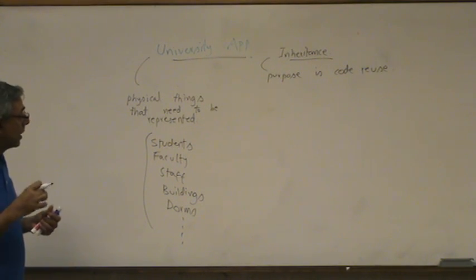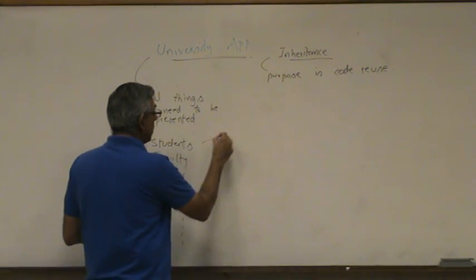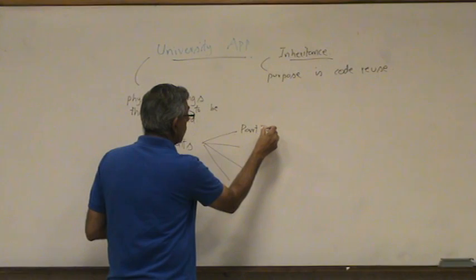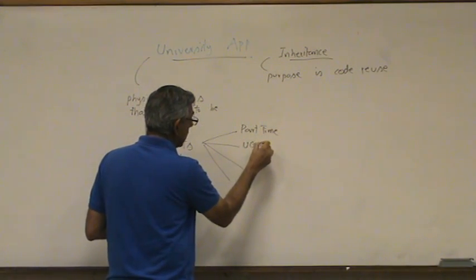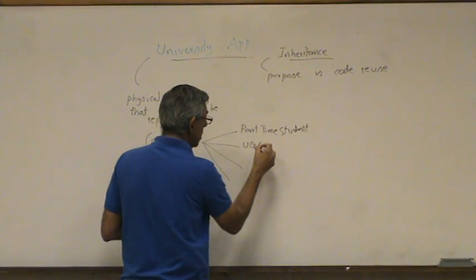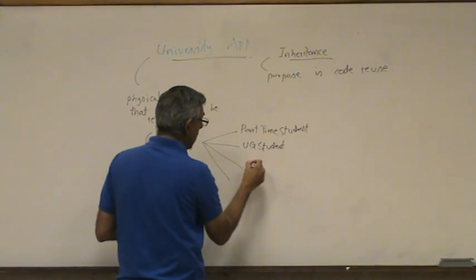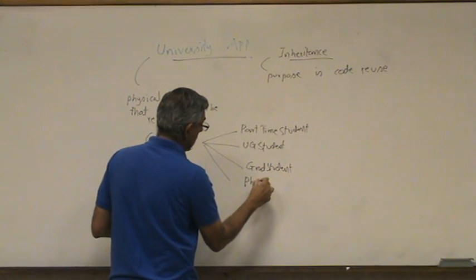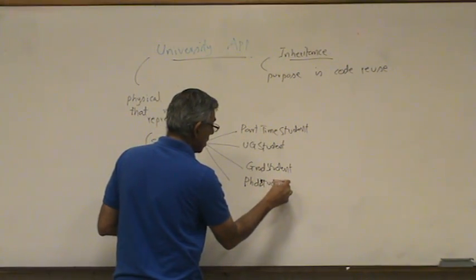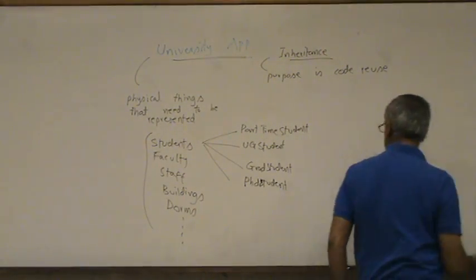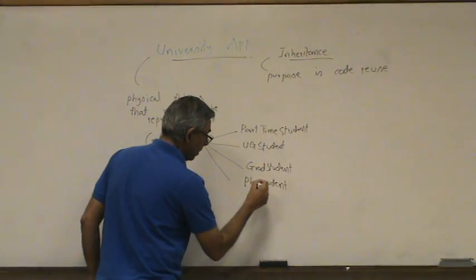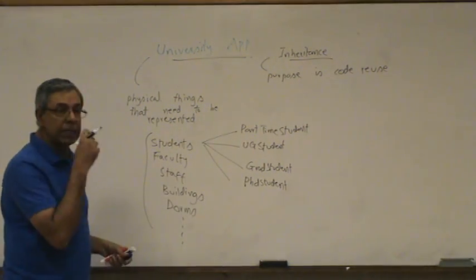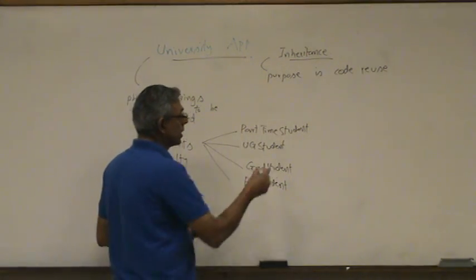So then we further discussed last time. We may have many different kinds of students. So for example, we may have a part-time student, we may have an undergraduate student, we may have a graduate student, we may have a PhD student, okay, so anyway, once we have identified these are the things that actually exist, then we'll start creating a class